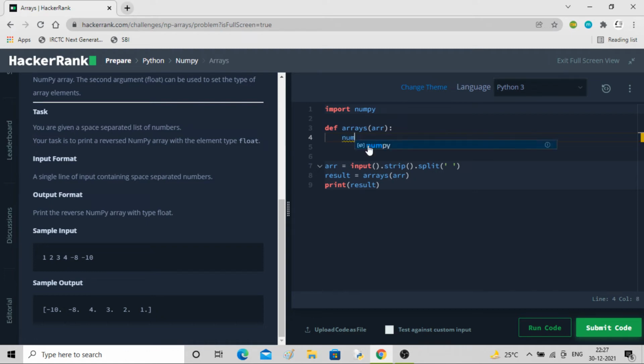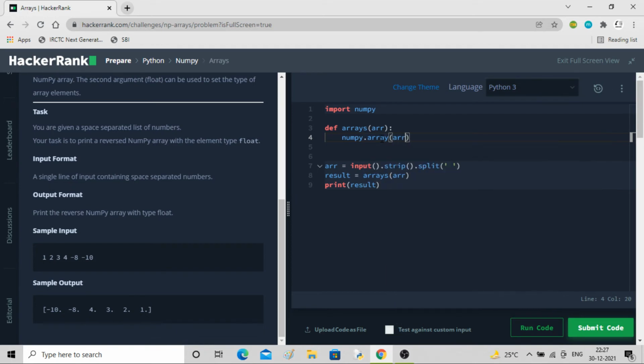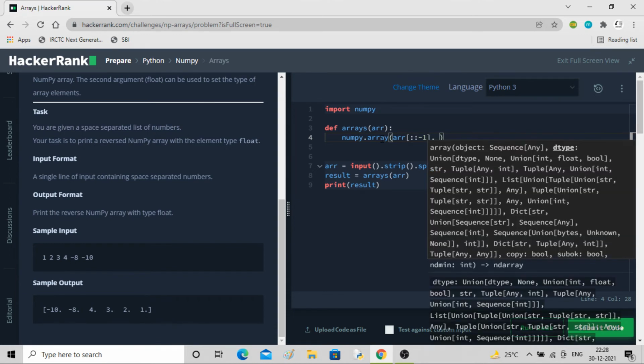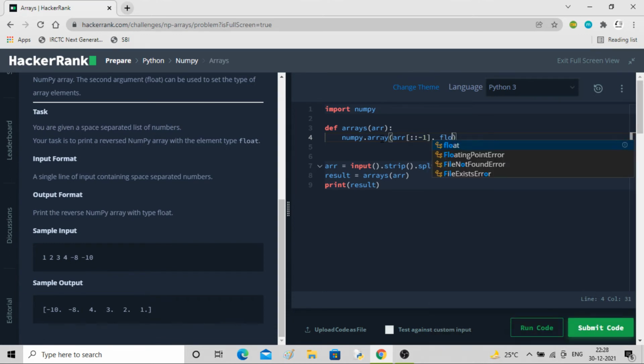We will be using the same thing we used before, numpy.array, but this time whatever is coming as input arr, I'll convert into reverse form like this. This will make it reversed, and for float you just write float. That's all, and then you have to return it.